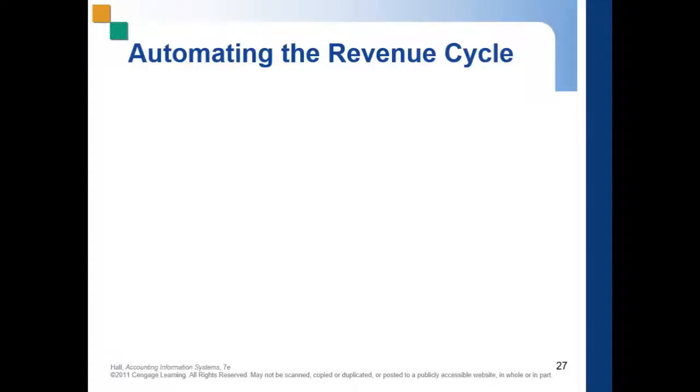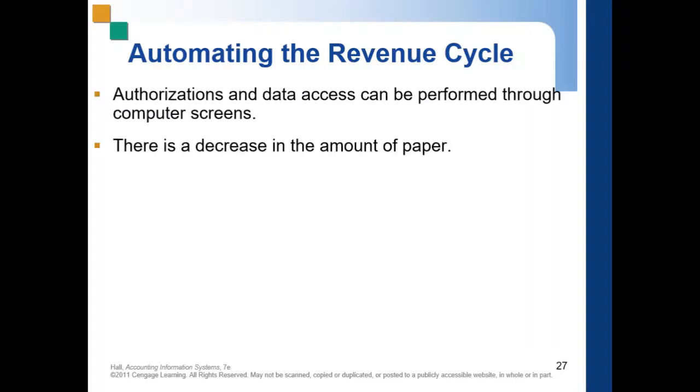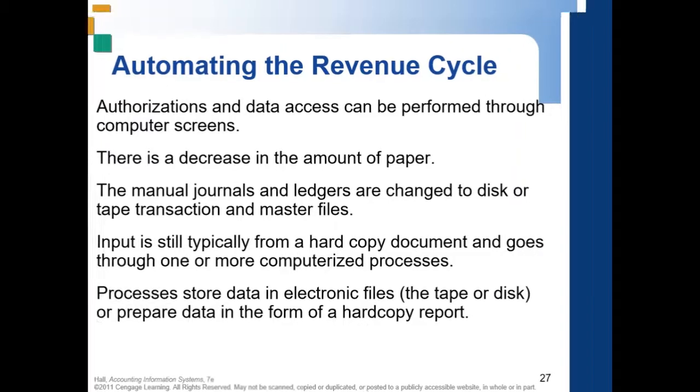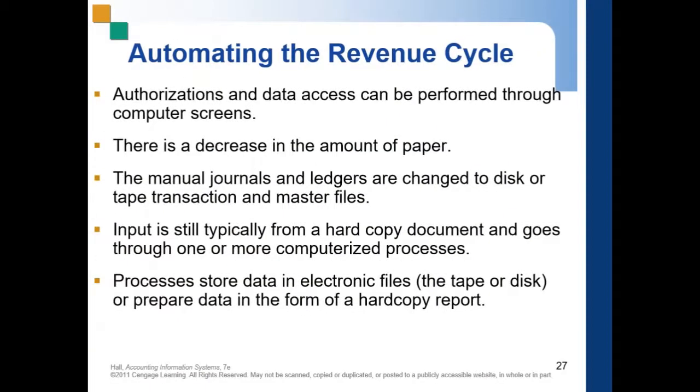Now, let's move on to the topic of automating the revenue cycle. So, authorizations and data access can already be performed through computer screens or through the use of computer technology. With this, if we automate the revenue cycle, there is already a decrease in the amount of paper to be